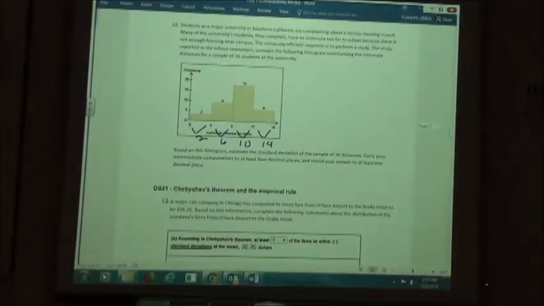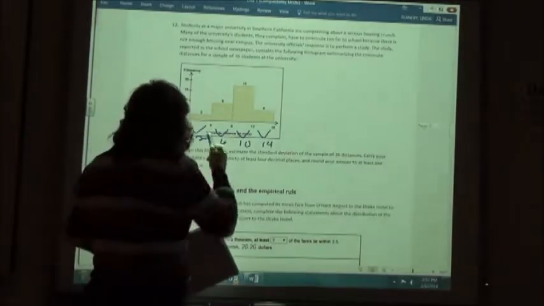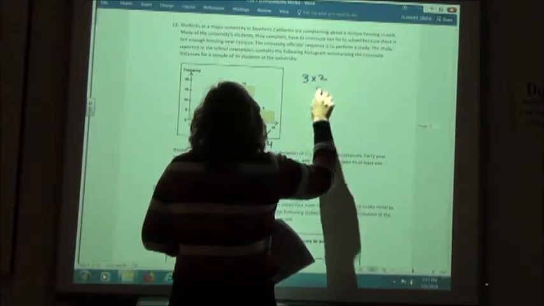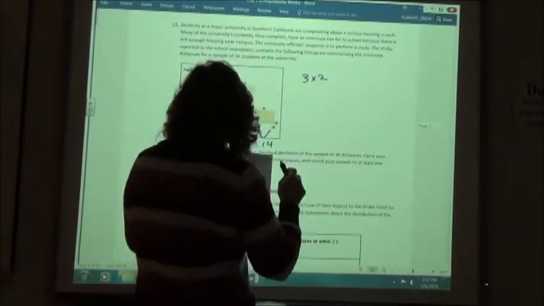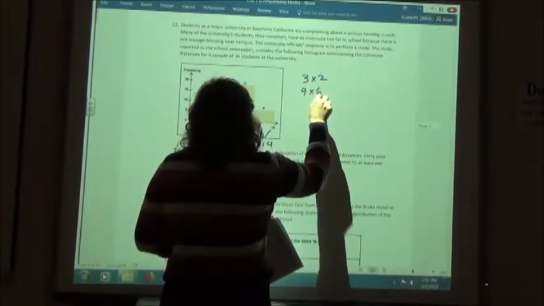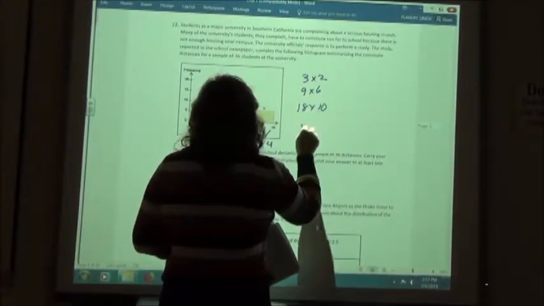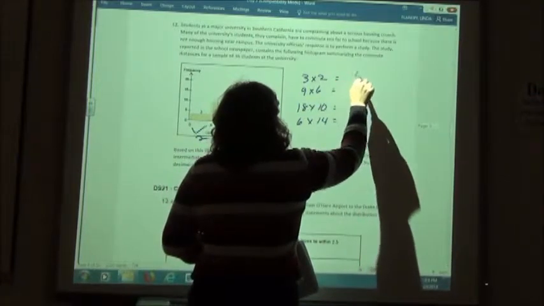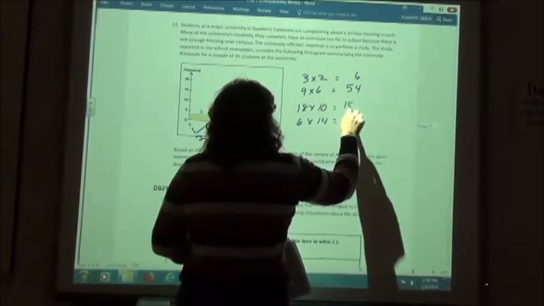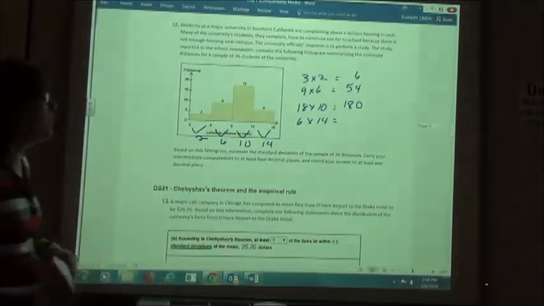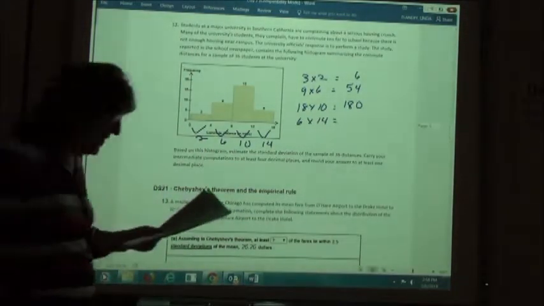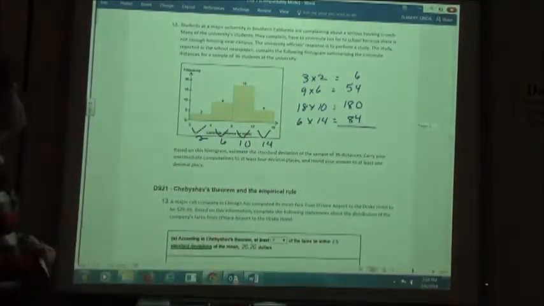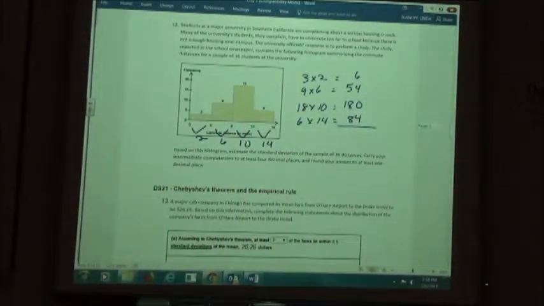We're then going to multiply each of our numbers from the top of our bar times the midpoint. So 3 times 2, 9 times 6, 18 times 10, and 6 times 14. That gives 6, 54, 180, and 84. Adding those all together, we would get